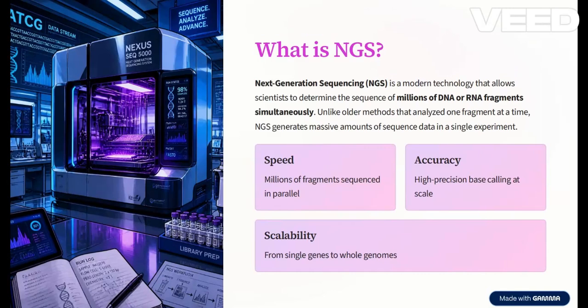Now let's understand the most important question. What is NGS? NGS stands for Next Generation Sequencing. It is modern sequencing technology that enables scientists to sequence millions of DNA or RNA fragments at the same time. Earlier sequencing was much slower because only a small amount of DNA could be analyzed at once. Today, with NGS, researchers can generate enormous amounts of sequencing data within hours or days. This technology has completely transformed biological research because it is faster, more accurate, and capable of analyzing entire genome or transcriptome.